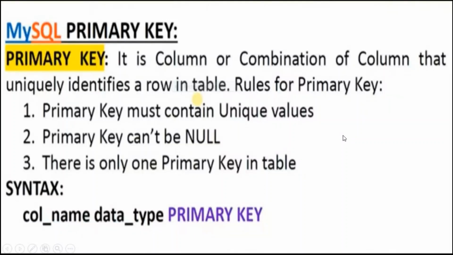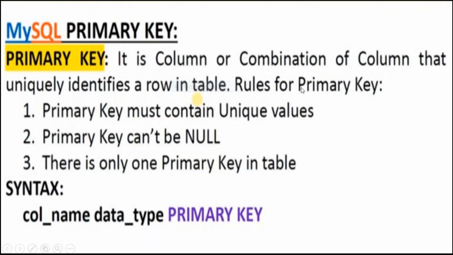So what is a primary key constraint? Actually, what is a primary key? A primary key is a column or a combination of columns that uniquely identifies a row in a table. Let me take an example, like we have a roll number in your record that will help me identify each student uniquely. So that particular column, the roll number, will be known as the primary key.